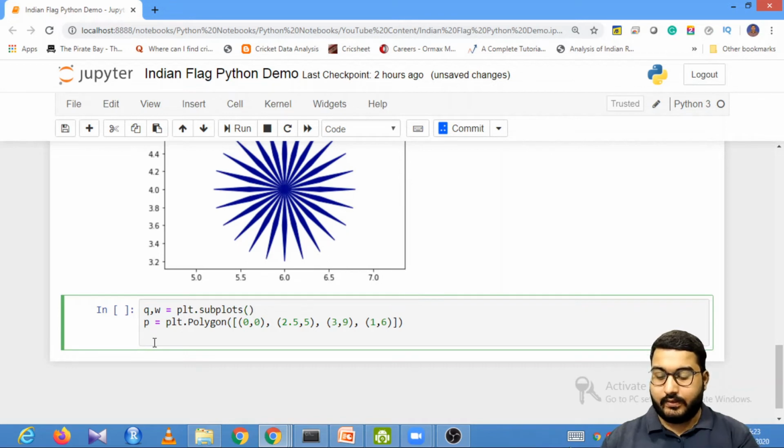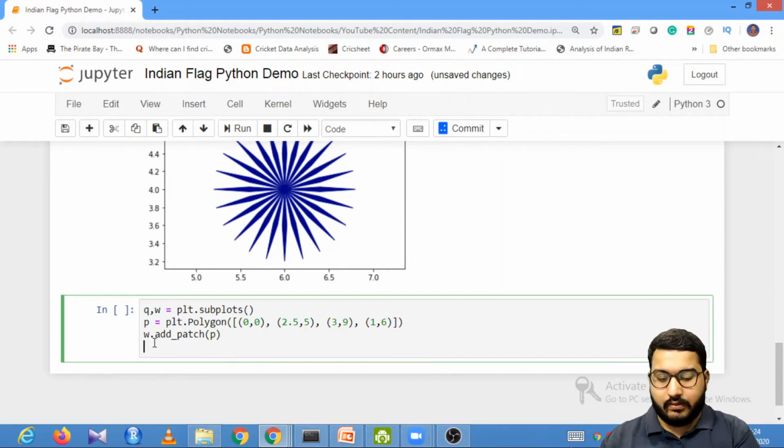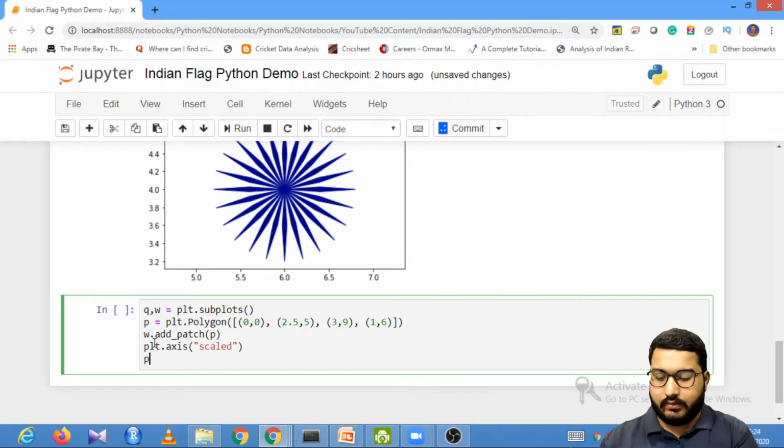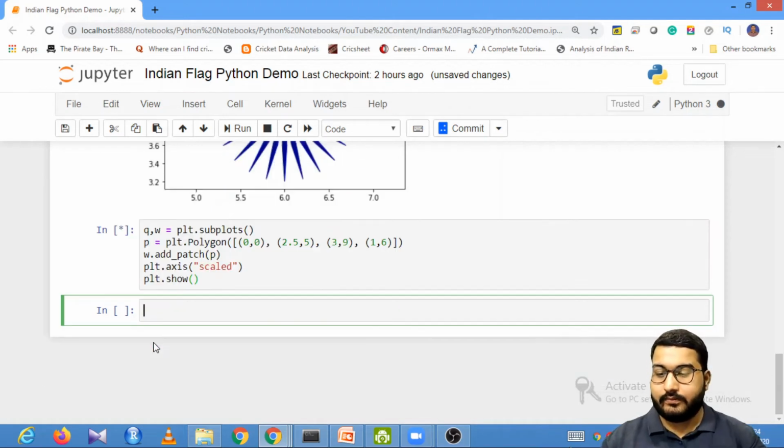Now I will just say w.add_patch, and then I will put my p, and then I need to mention show together with the axis as scaled. So axis is scaled, and your plt.show, this is very important.